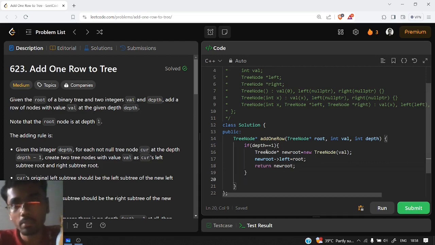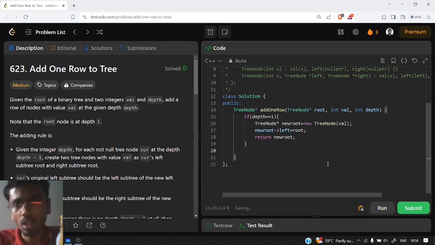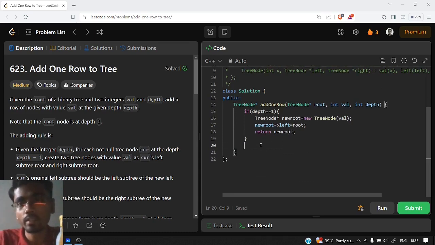Now this was about the base case, but how will we handle the other, general cases? We will use DFS for solving our question, and whatever output this DFS gives, we will return after running it.